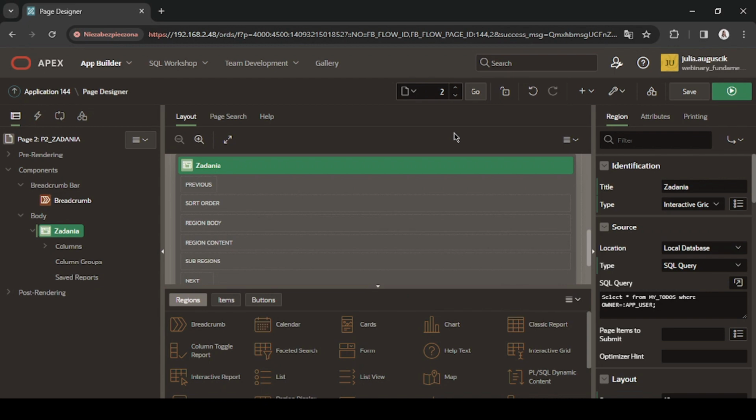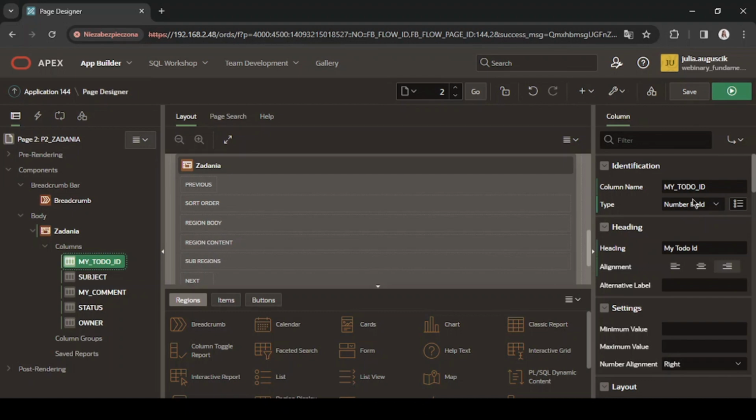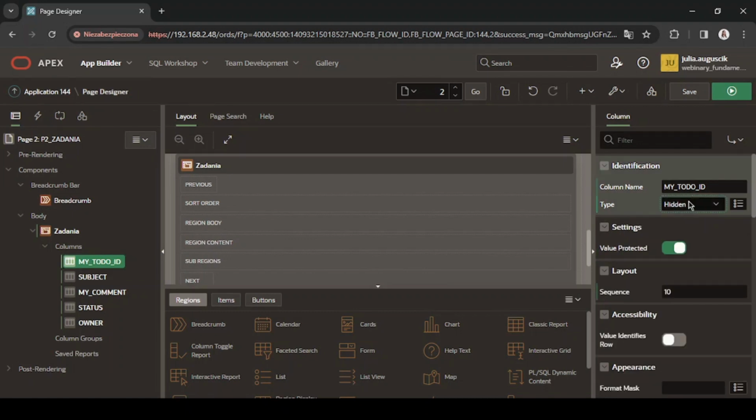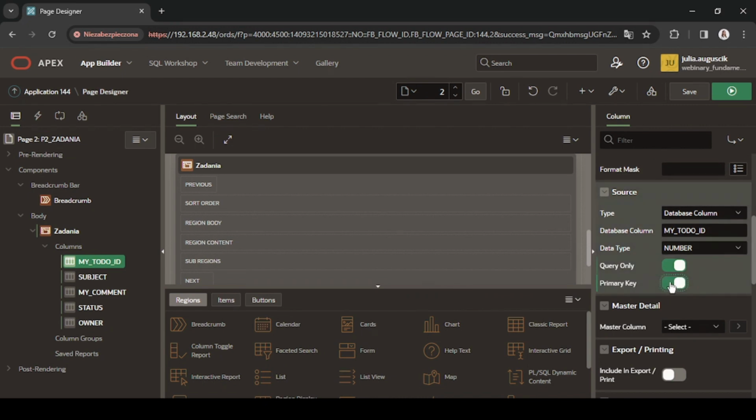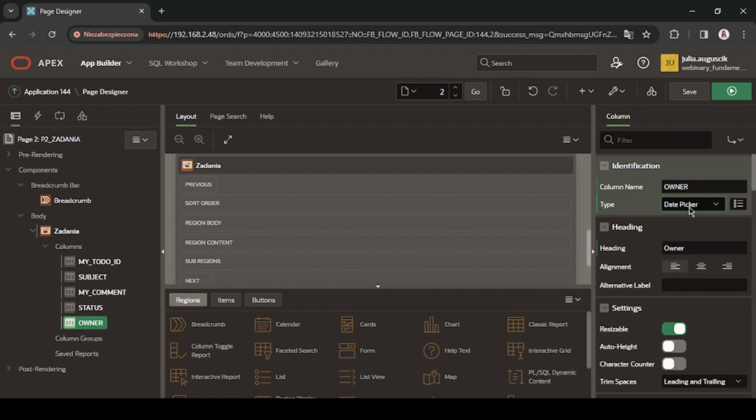I gain access to the variable value in SQL by preceding the variable name with a colon. To enable the report to add new tasks, you need to change the settings of some columns to maintain data consistency. In the columns section, I change my to-dos ID to hidden and set query only and primary key. I change the owner column to display only,